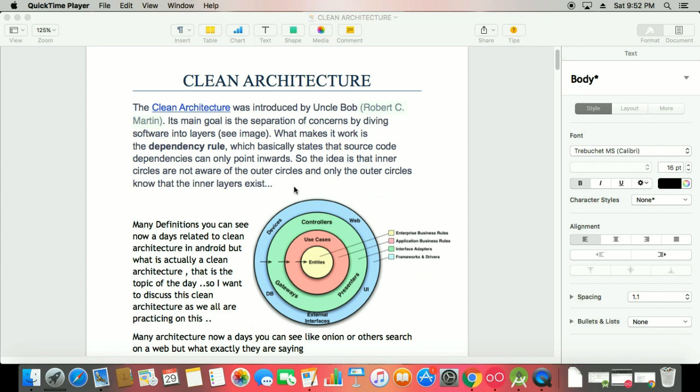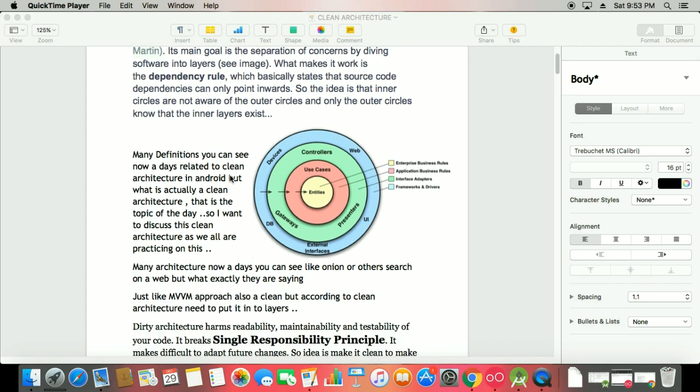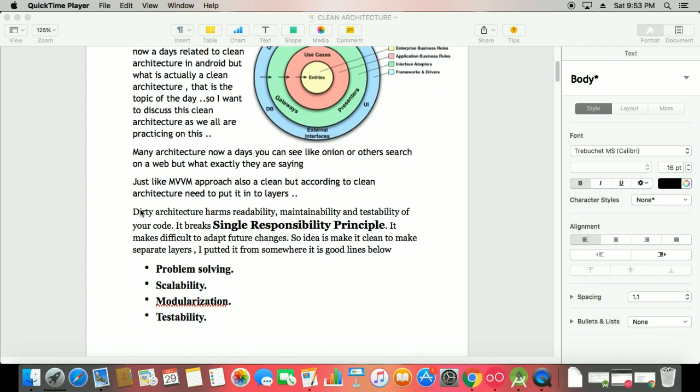But before that, we need to understand what dirty architecture is, because if we want to make it clean, we first need to understand what is dirty. Dirty architecture has readability issues, meaning a lot of mashups in the code and logic in the wrong places, and if somebody else reads your code, a lot of things are confusing.